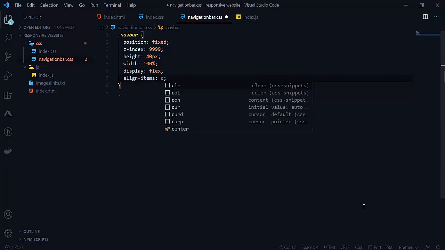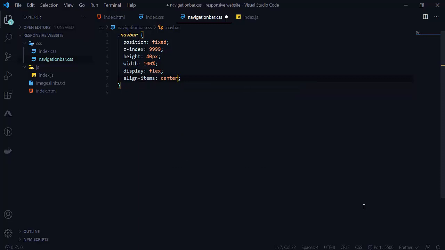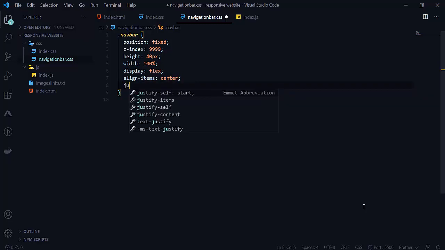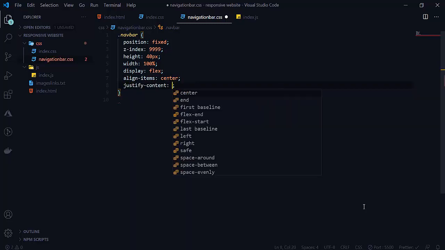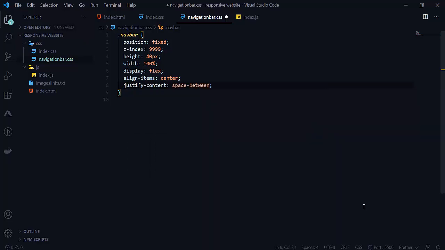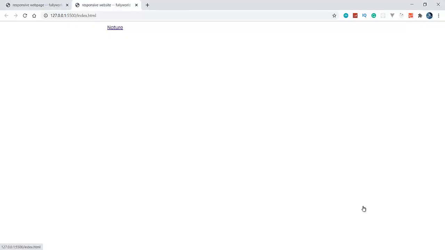We are going to align vertically at center here, and justify content will be space between, or you can say space around. Justify content will be space around because there are two elements, so they will be side by side. We will shift this to here, and this also like here.